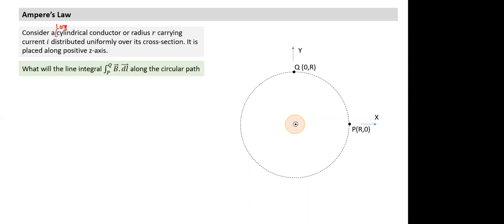Now, what is the line integral of B dot dl? I hope you understand what this expression means. What is the difference we notice? There is no circle here. It is not along a closed path. It is from point P to Q along a particular path. So not only are the initial and final points defined, even the path is defined.